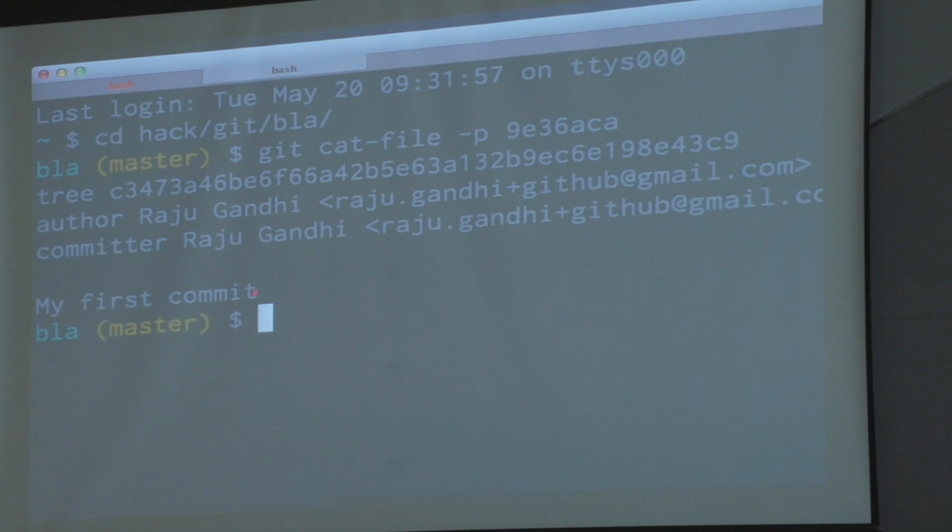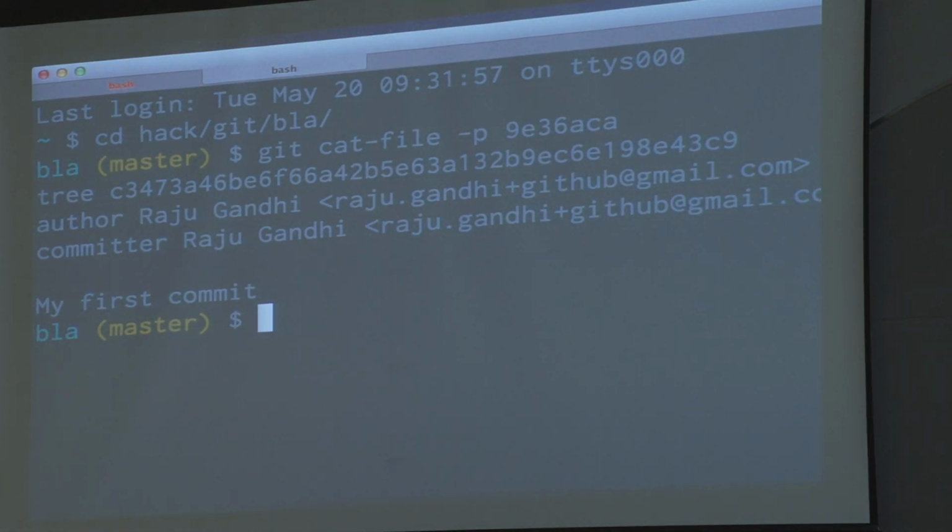This is the content of that file under .git/objects. It has a line which says tree, space, C347. Where did the C347 come from? That is the SHA of the tree, the root tree. There's author info, there's committer info, there's a blank line, and then there is the commit message.